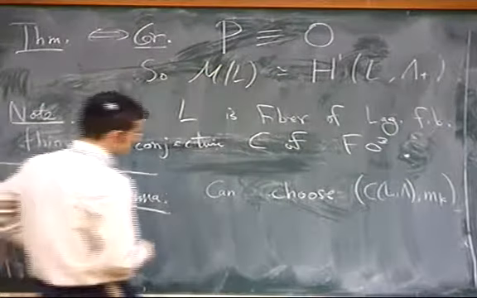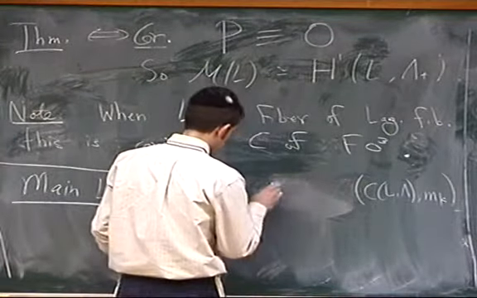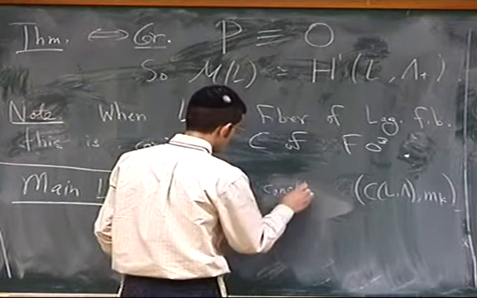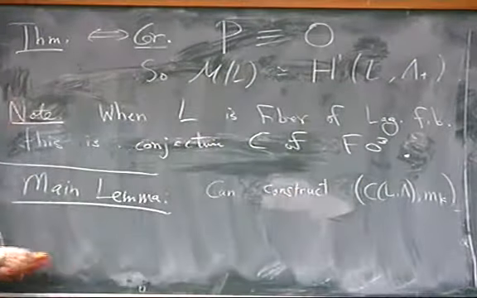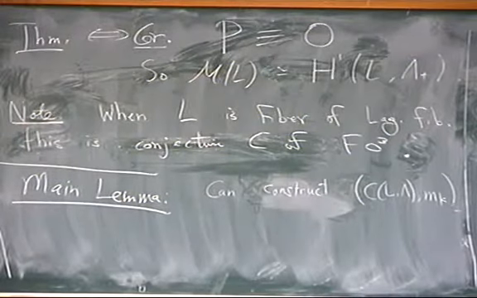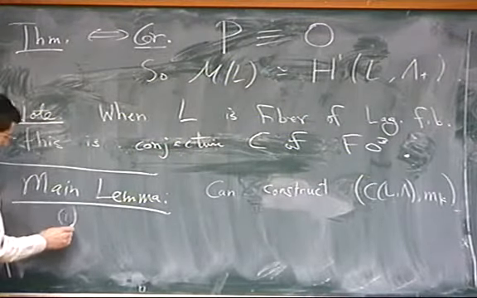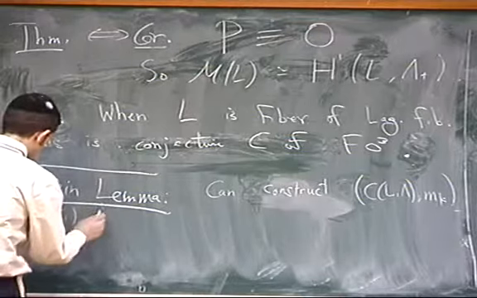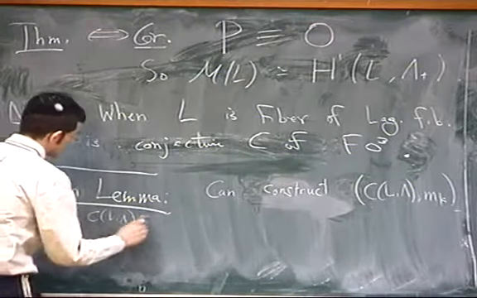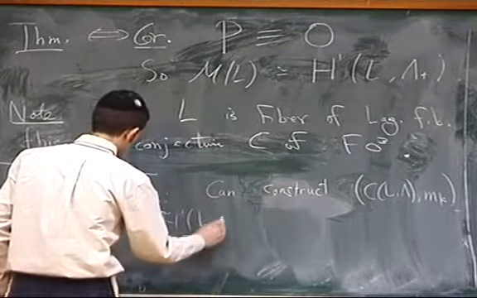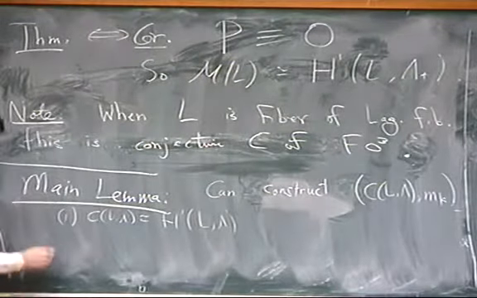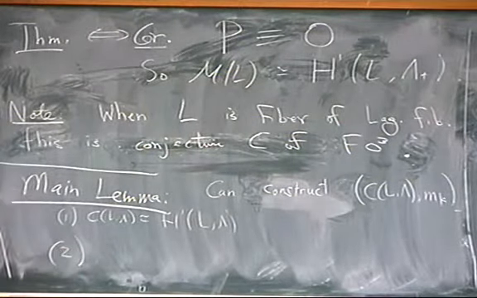I should say construct, not choose. Of course, it's only given up to homotopy equivalence, but you can find a particular model in which two nice conditions apply. First, by the homological perturbation lemma, C of L lambda is isomorphic to H1 of L with coefficients in lambda. And two,